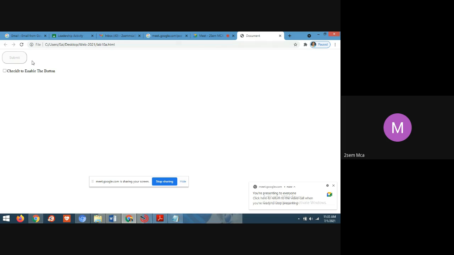Here in this program, you need to take a button and a checkbox. If you click on this checkbox, then this button should be enabled, and if you uncheck this, then it should be disabled. Initially, this checkbox is not checked, so this button is disabled. Now I'll click on this, then it is enabled. When you click on the checkbox, the button is enabled. When you uncheck this, the button is disabled. This program is executed by your friend Darshan. He has only executed this program.